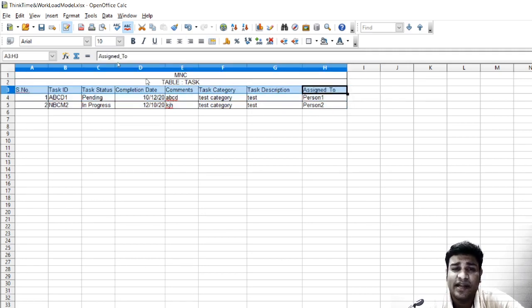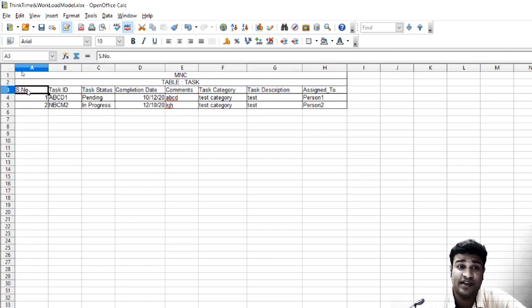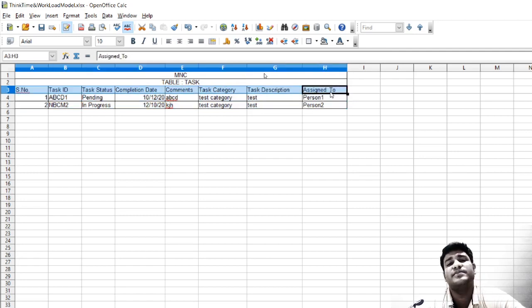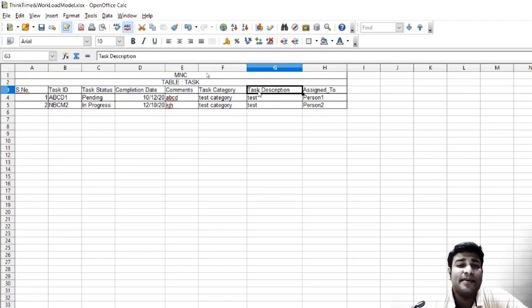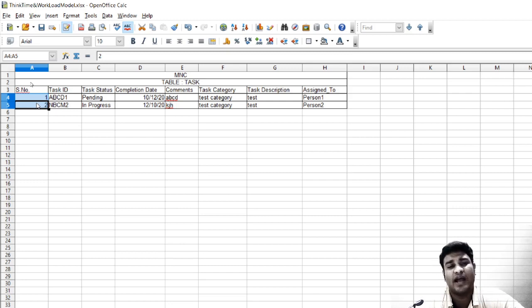Whenever you are creating a table in Excel, you have to think of the headers of the table. In a similar way, when you are creating a table in SQL, you have to think of these headers. The second point which you will take home today is the data type. If you see, this header is of type integer. So this is pure English. We are not doing any programming today.